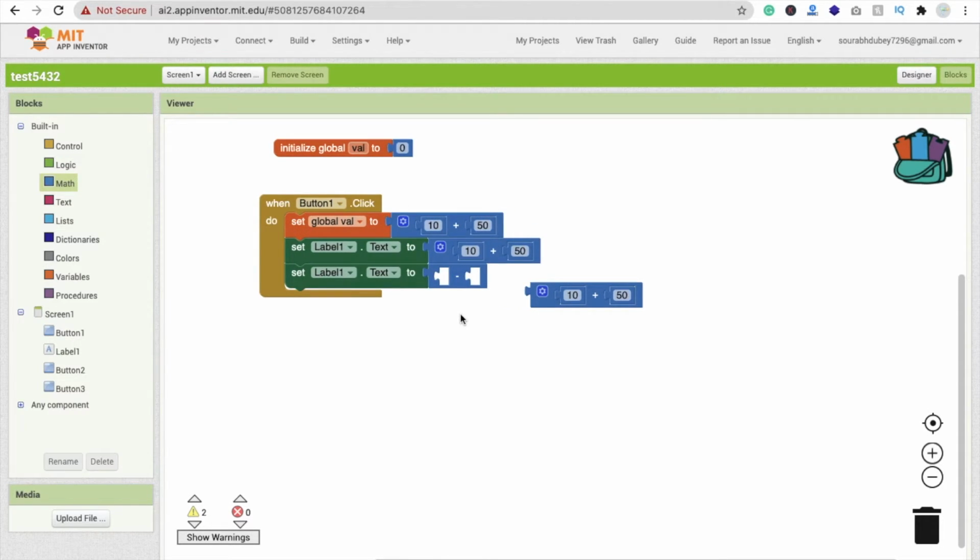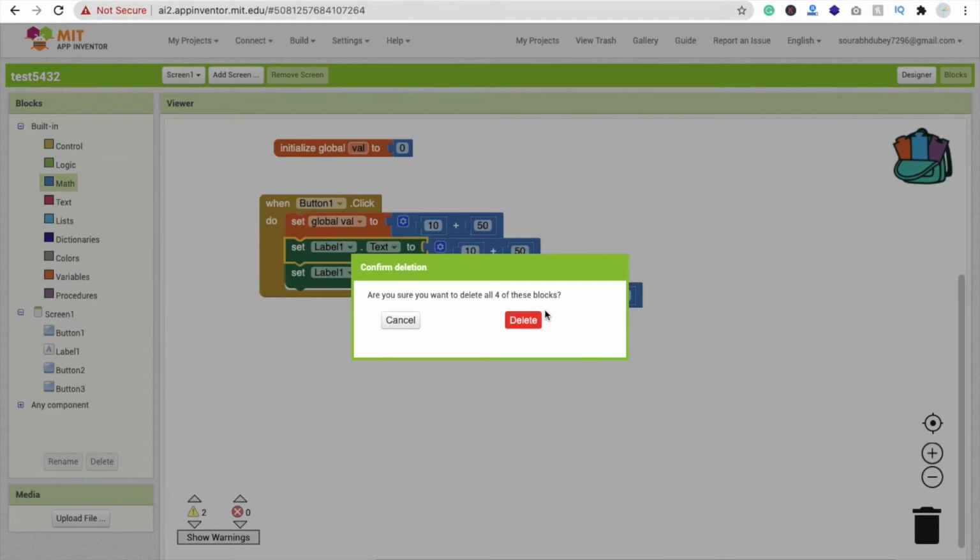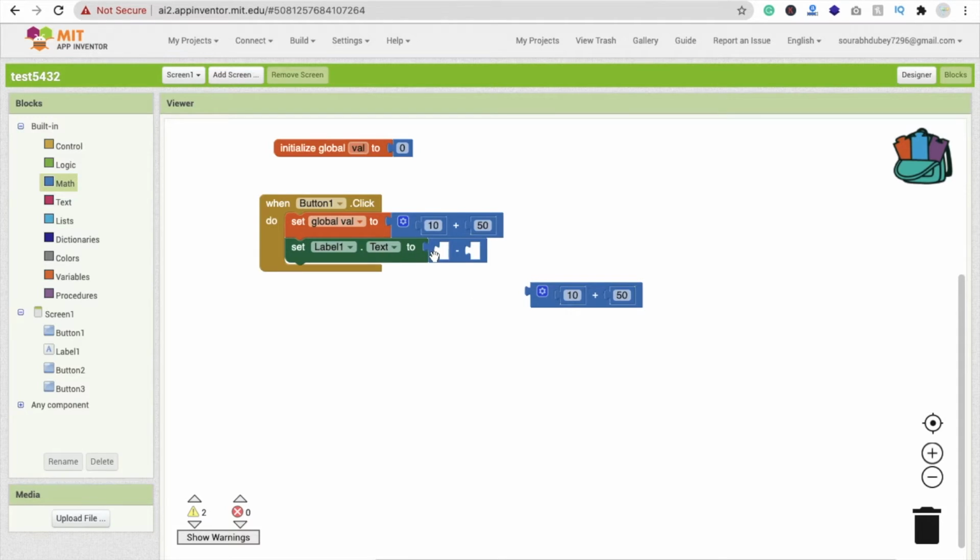It means whenever I click on this button, I have to add 50 plus 10. So the global value is 60 right now, val equal to 60. And I have to display this 60 value in the label, so I'm going to use get global value like this.